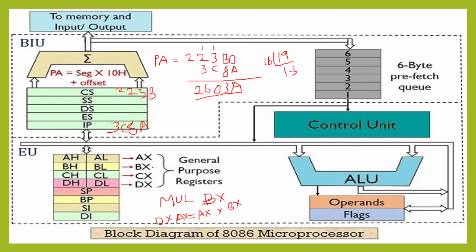Then the BX register we are using as a base index addressing mode. We have different addressing modes. In that base addressing mode, the BX will hold the address of the data for indirect addressing. Then the CX is called the count register, which will hold the count of a repeated function. For example, we are copying a string of 100 bytes from